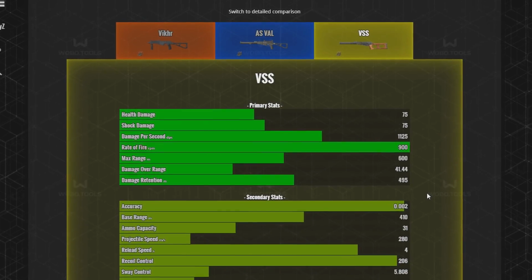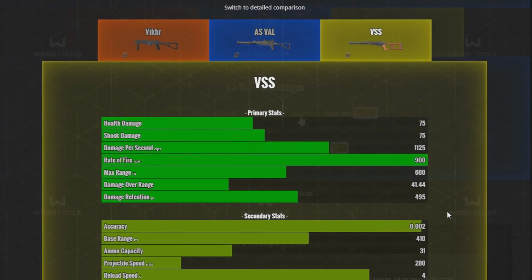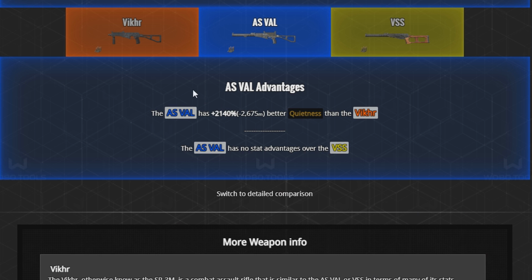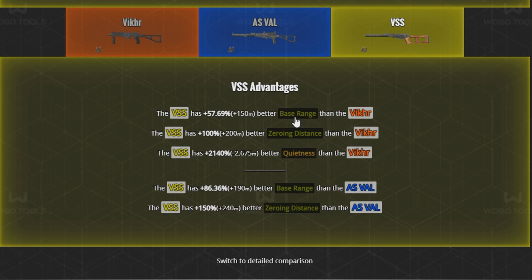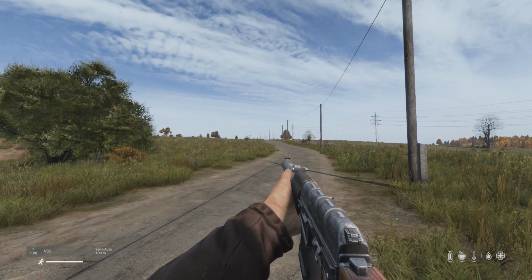The only way that the ASVAL is better than the Vikhr in DayZ is for its quietness, with 5 stats of the Vikhr beating the ASVAL by a decent amount, as you can see here. The only way the Vikhr is better than the VSS, however, is that it's smaller in size, as a VSS is superior at range, and obviously it has that suppressor too,